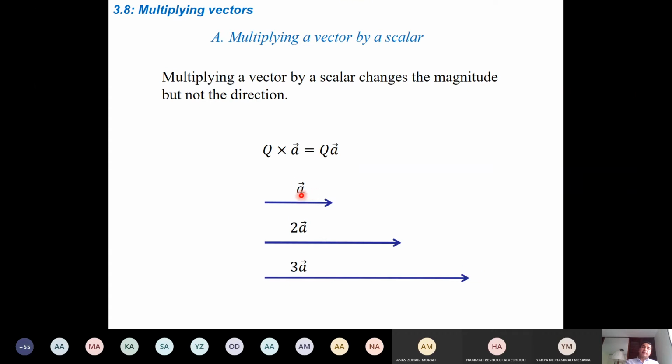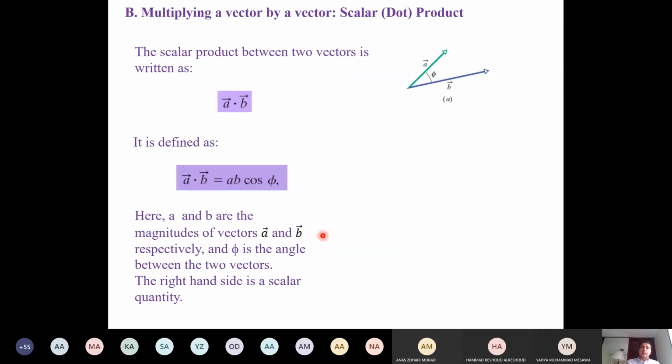This one has, like, if you represent a force, which is a vector quantity, by vector A, and you multiply that by 2, it means that you increase the force by 2 times. So there is a physical meaning for this. But here, when you are looking at this scenario,